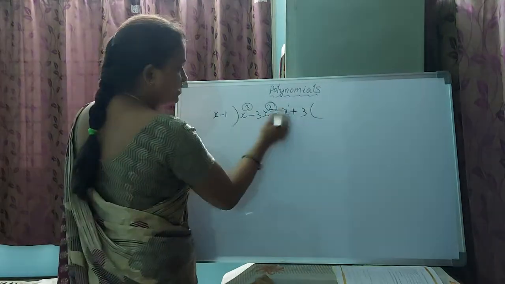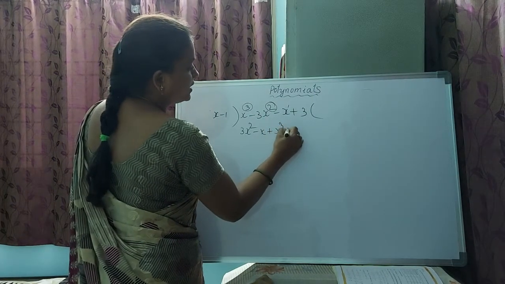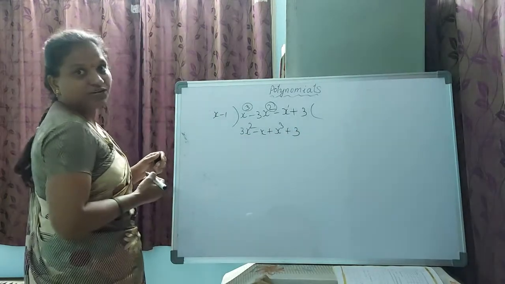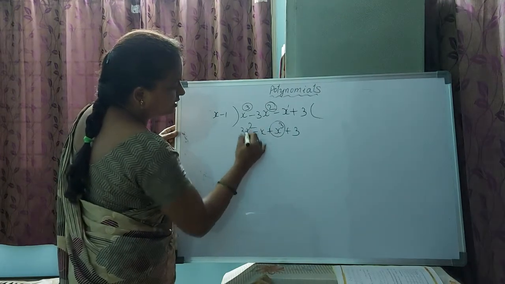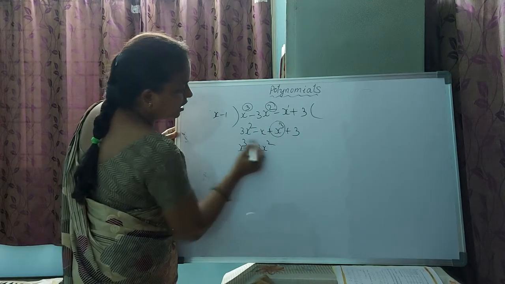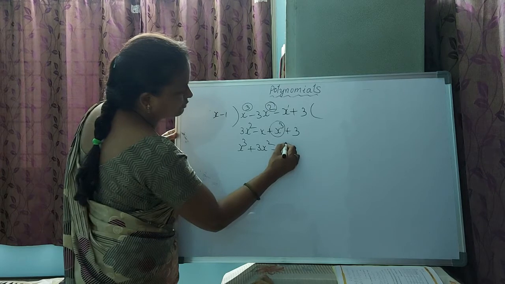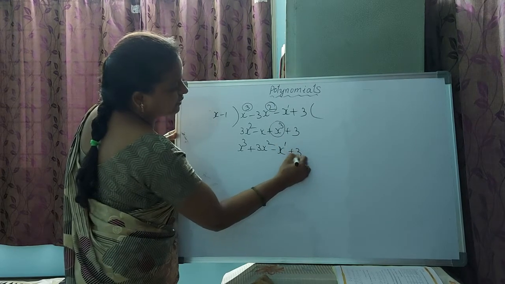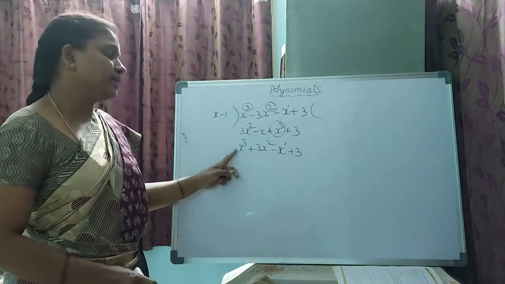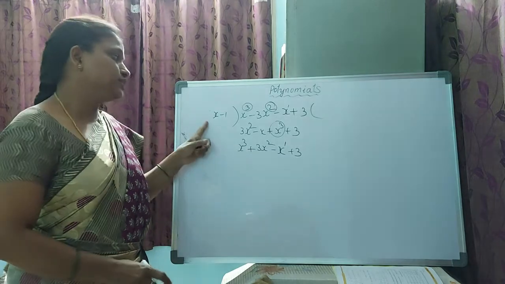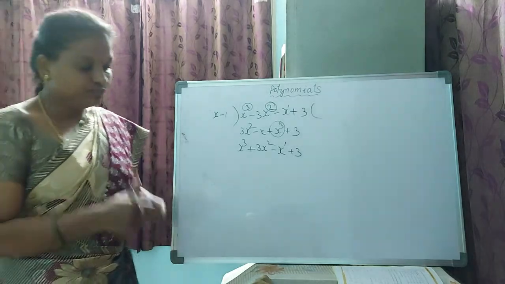For example, if this is like this, 3x square minus x plus x cube plus 3, this is not a standard form. You have to first change this into standard form. First x cube plus 3x square, in order of the degree. First 3, next 2, next minus x, that means the degree of this one is 1, plus 3. In this way, you have to first arrange the degrees of that particular polynomial. This one and this one also. P of x and g of x, you have to write in order of the degrees. Okay, thank you.